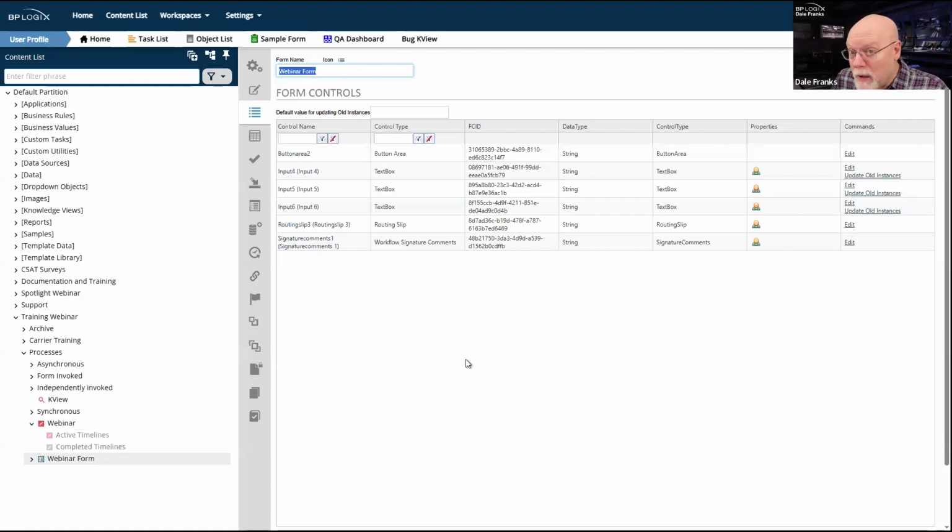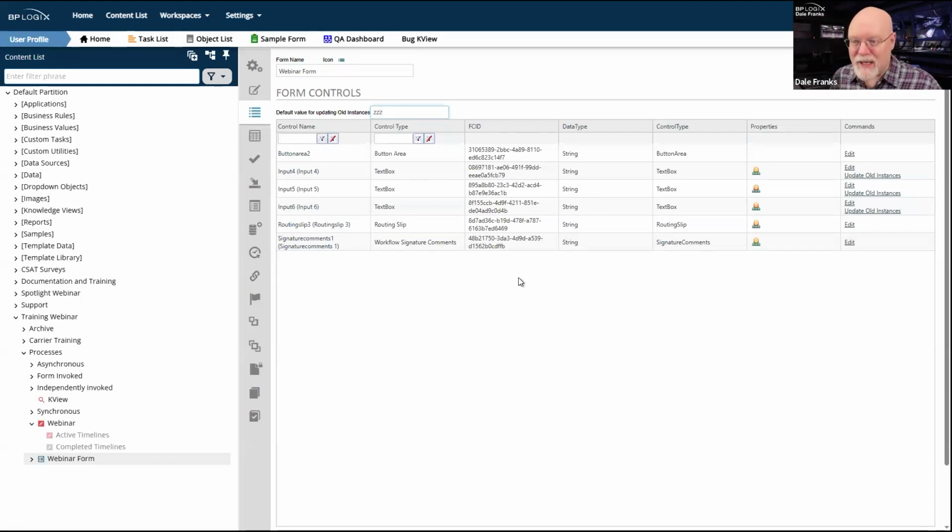If I go into debug mode, though, I can do one thing, and that is I can set a default value for all of those old instances. And I can do it field by field. So I can go into default value for updating old instances.